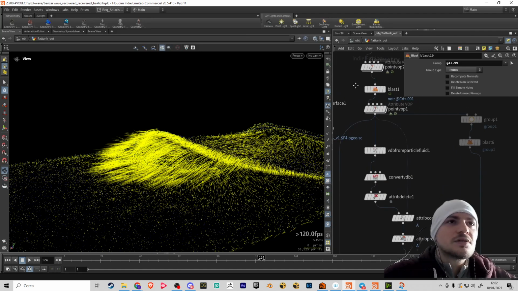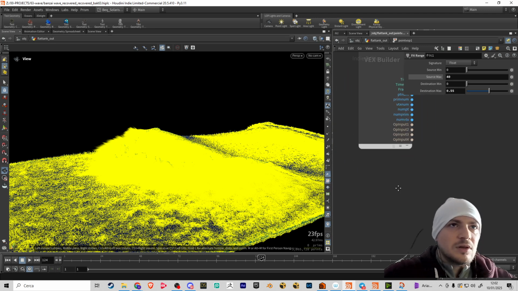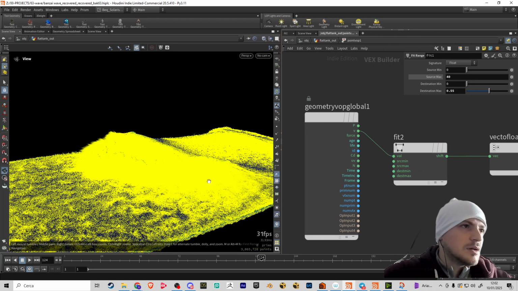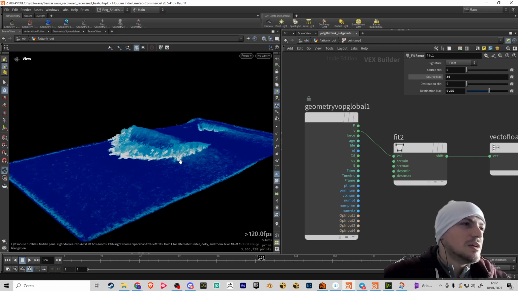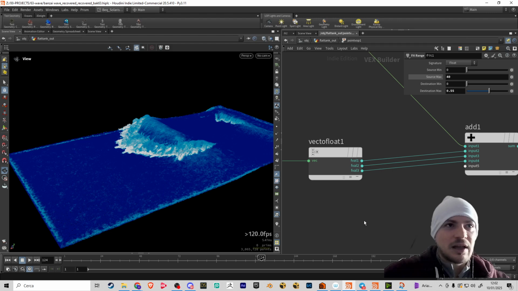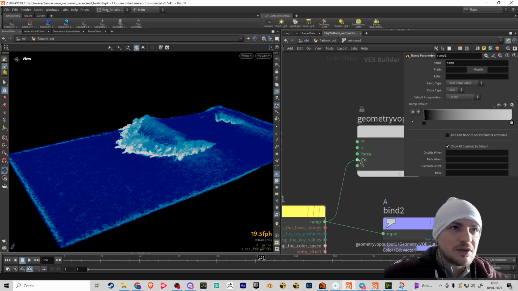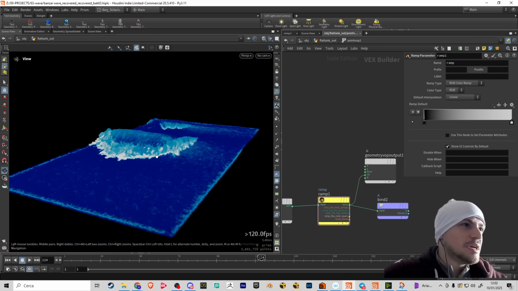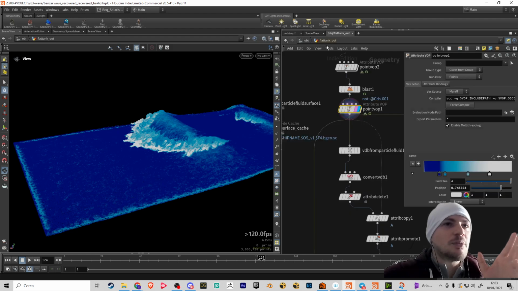In this case, for example, I use the velocities here. Okay. In this case, I use the velocity to color my points. So based on the velocity, I put out the velocity, I fit that, and everything goes into the ramp, and it goes back to CD, which is the color. So based on the velocity, I have a color for my points. So the bigger velocity, the white points,